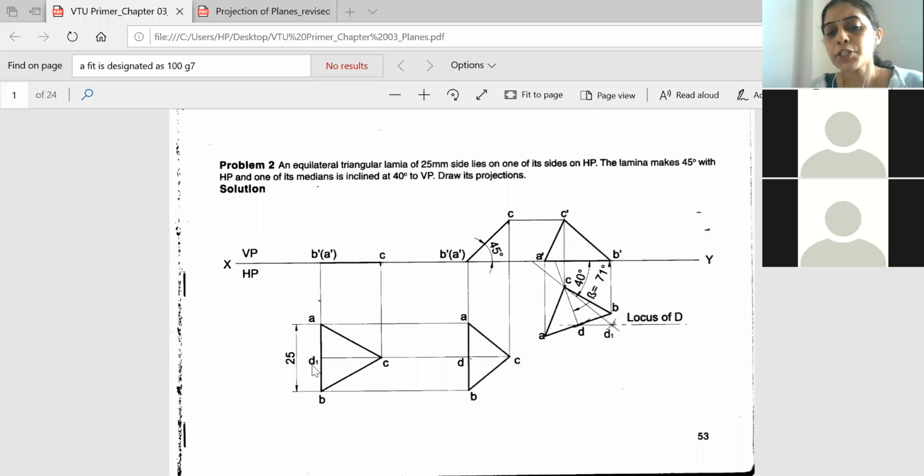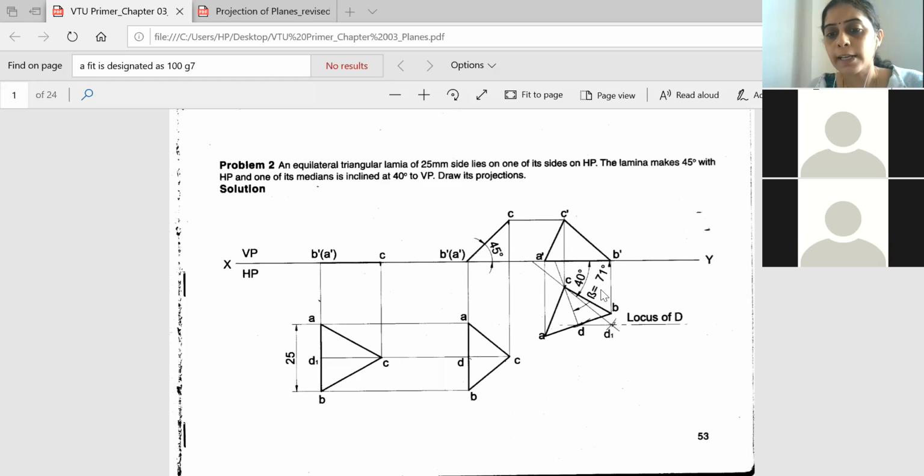The true dimension of the median is represented by D1 and the apparent dimension of the median is represented by the letter D. Okay, so now we have shifted our apparent dimension of the median to a particular angle. If you extend this median line to our XY line, this will provide us the apparent angle beta. You can see from here, to the XY line, the apparent angle beta is measured. So using the protractor you will measure what this apparent angle is.